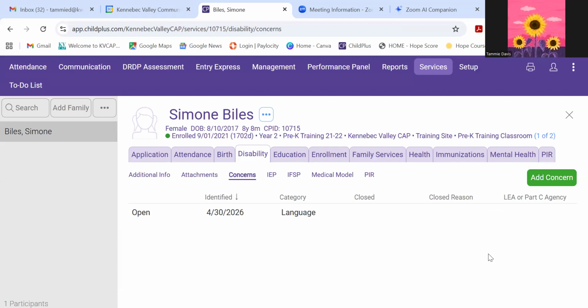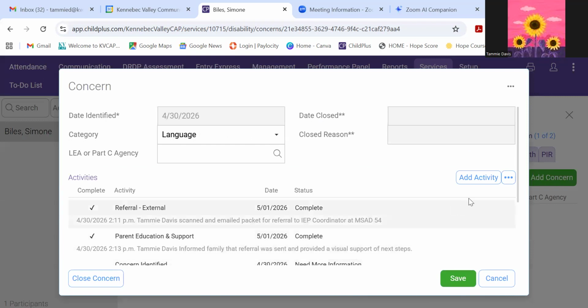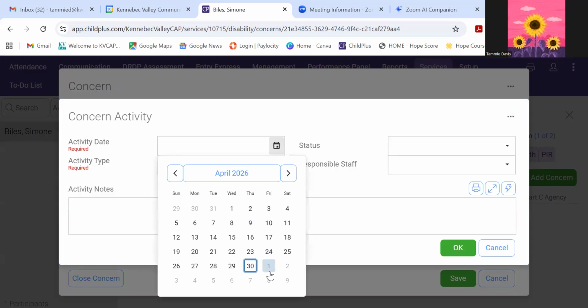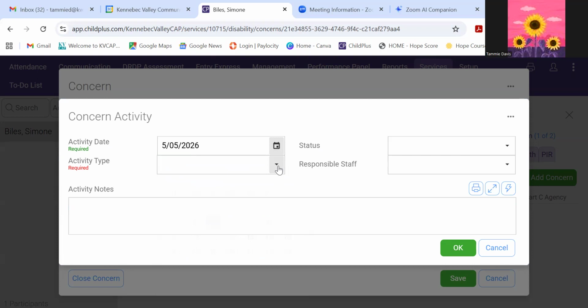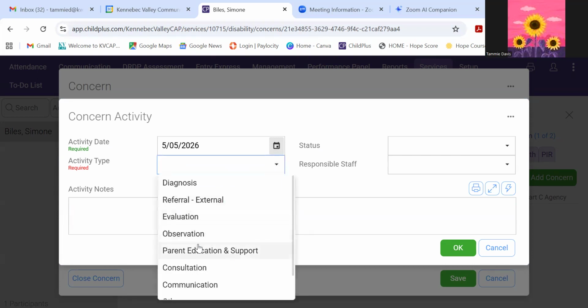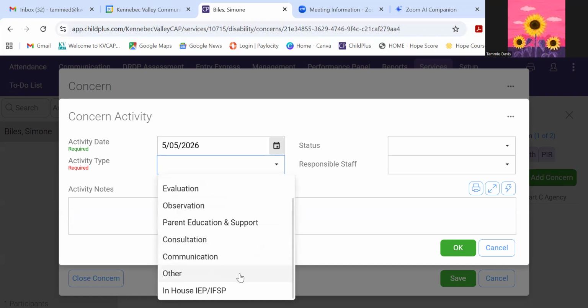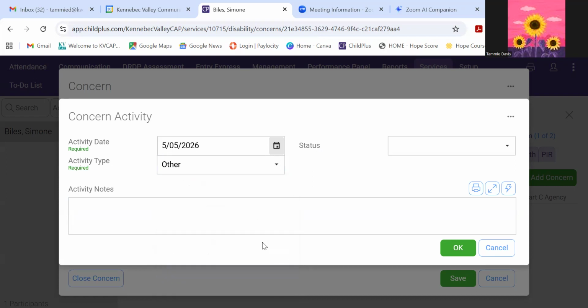So within that next month, the initial team meeting will occur. So when that occurs, if you are able to attend, which you should, then you should absolutely come in, add activity, date, let's say it's the 5th. This would be the world's fastest IEP ever, but bear with me on the dates. So what we would put on here is that it wasn't an IEP meeting because the child does not have an IEP. So for me, I'm going to put this down as either other or parent ed and support communication, either way. So if I just put other,